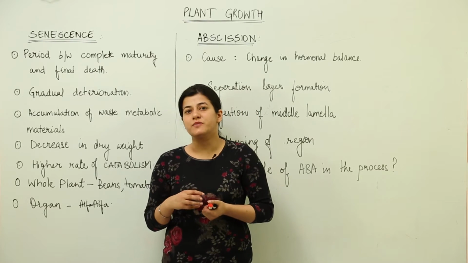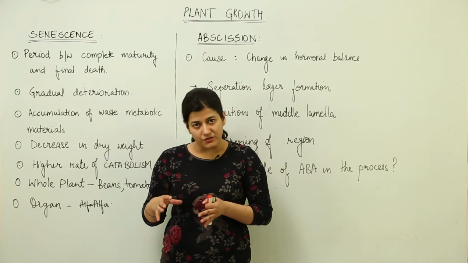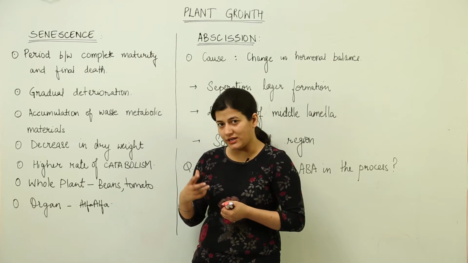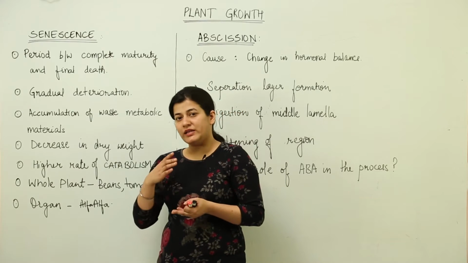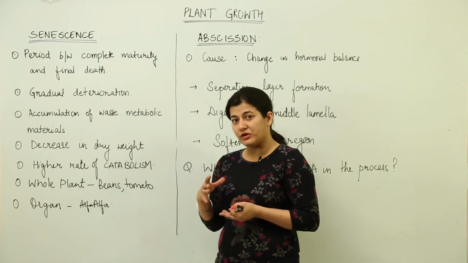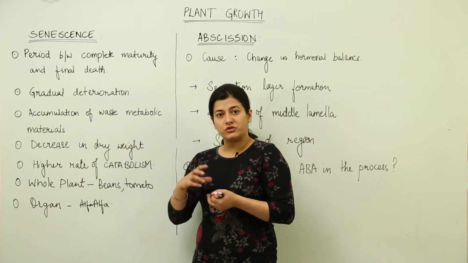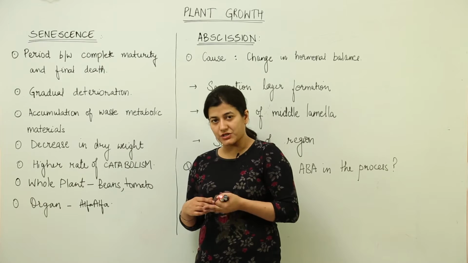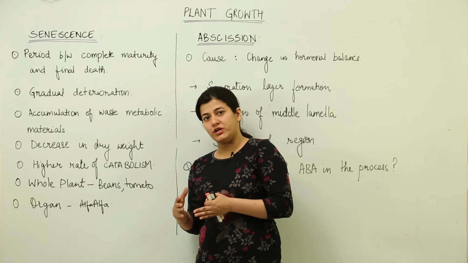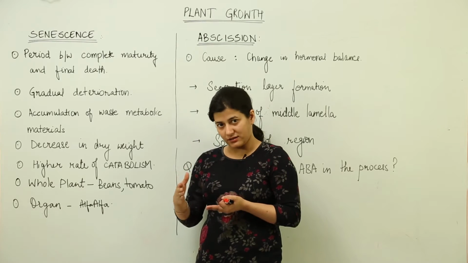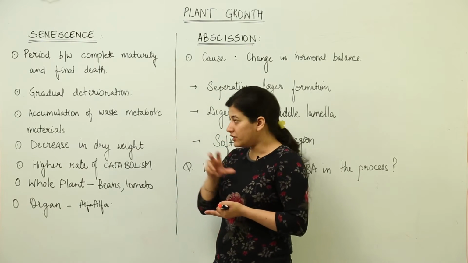So is in the case of plants, that they have three phases of their life. First one being their juvenile phase, when they are developing or attaining the reproductive maturity. When that maturity is attained, they become reproductively viable. That means they are able to reproduce by the process of both sexual and asexual reproduction. And when that maturity is completed, the period of complete maturity to the period of death, that particular duration is